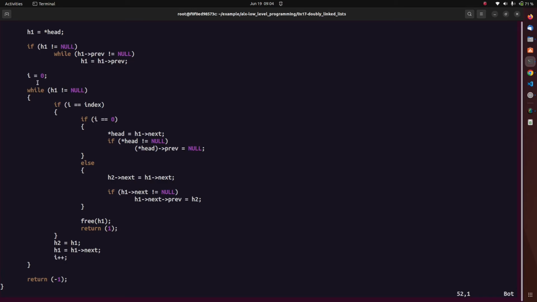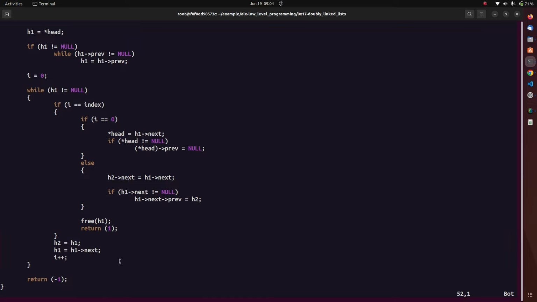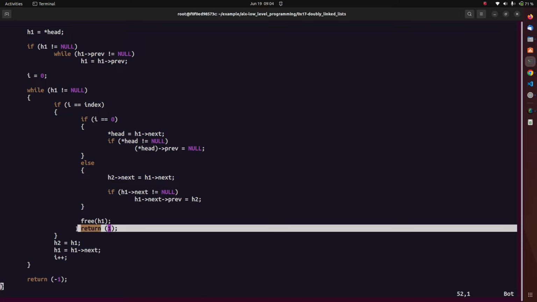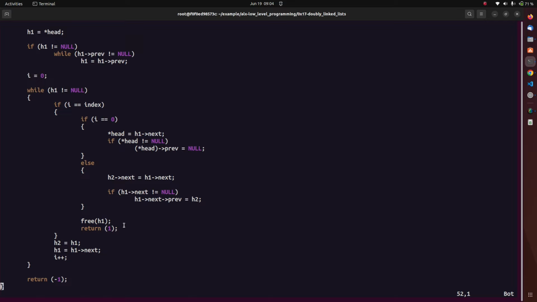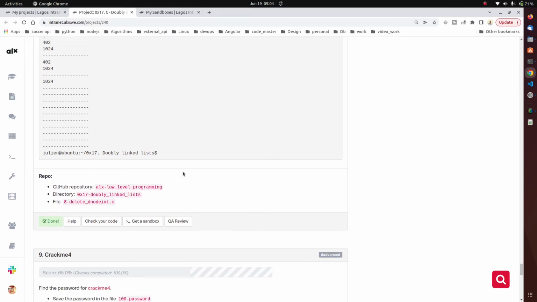Okay, so guys, you can see, so we are checking if the head is not null. So we want to check for that item that is pointing to that index. So if i is equal to that index, right, so we want to delete that node and set in the relationship. All right, so we should return -1 if it fails. So if it succeeds, what we want to do here is to return 1. So the next thing we want to do is to test this file, and to do that